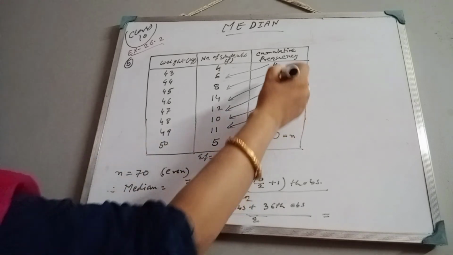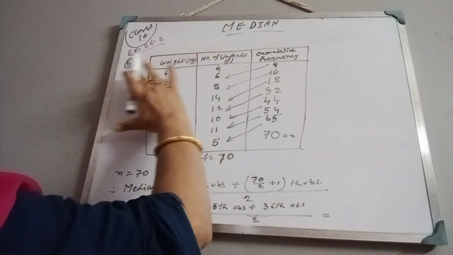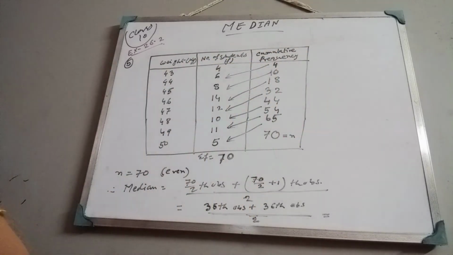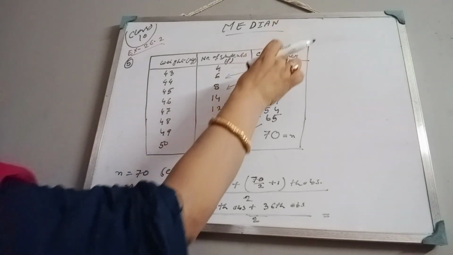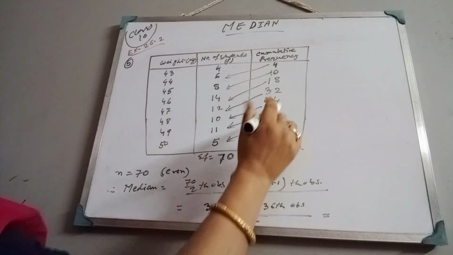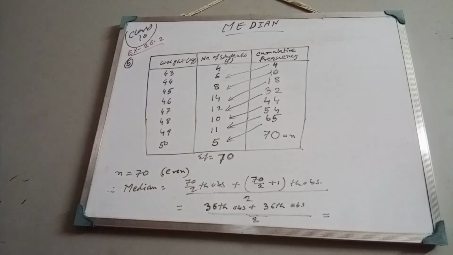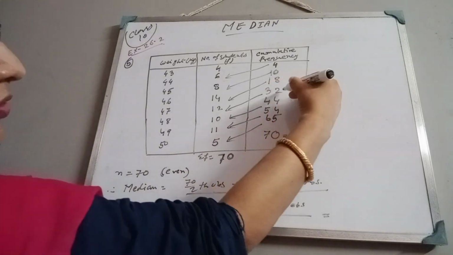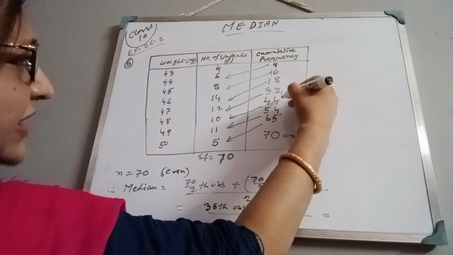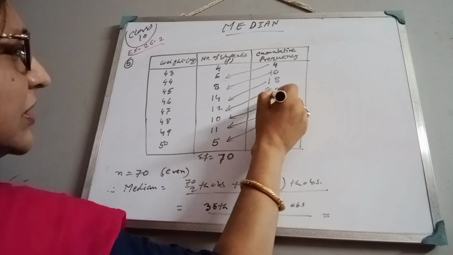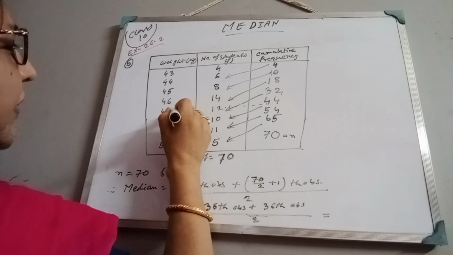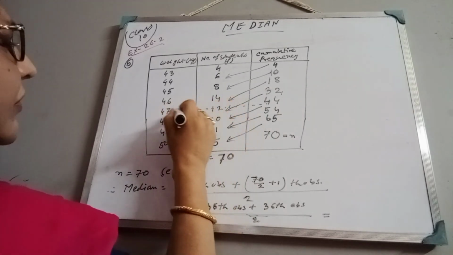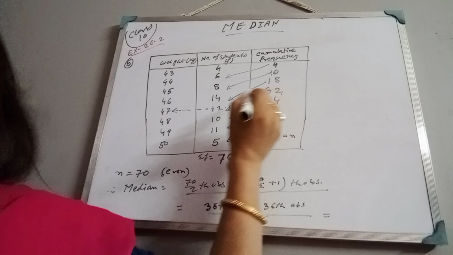So the 35th observation, when it is given in tabular form with the frequency, then from the cumulative frequency we will find out the 35th and 36th observations. So 35th we know here, 32 is given here. So 36 and 35 are not given, so we will consider this one, 44. This range we will consider. Understood everyone? This number we will consider.